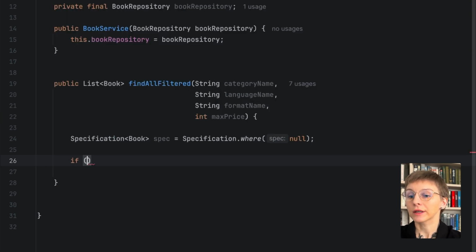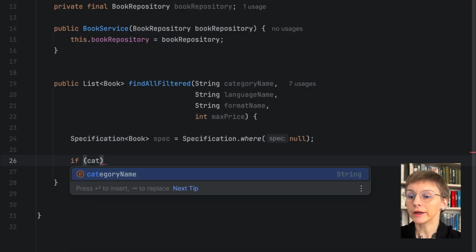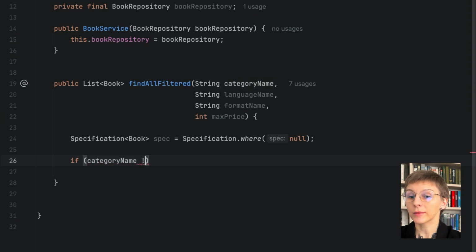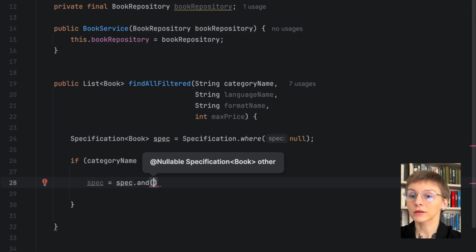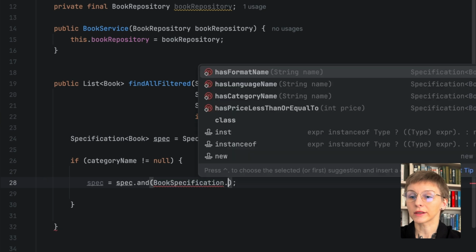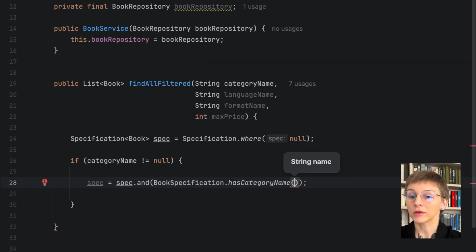Alright, let's deal with category first. If it's not null, then we are adding it to the spec with the AND method. And within, we are calling the book specification that we created recently and its method for category. And we are passing the category name. And that's pretty much it.